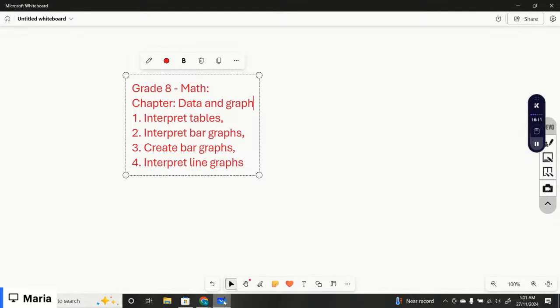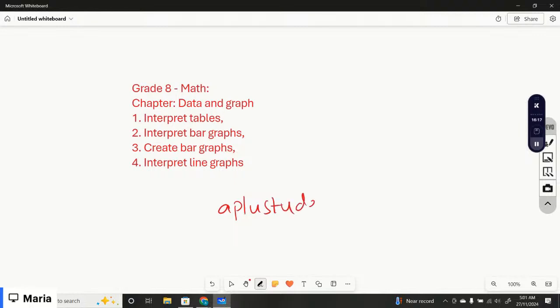You can find all the lessons on aplusstudents.com. You have to log in there using your email address and password as provided by the administrator. Then you have to select math from the subject tab. Scroll down to grade 8 math, and the lessons we're going to cover today are